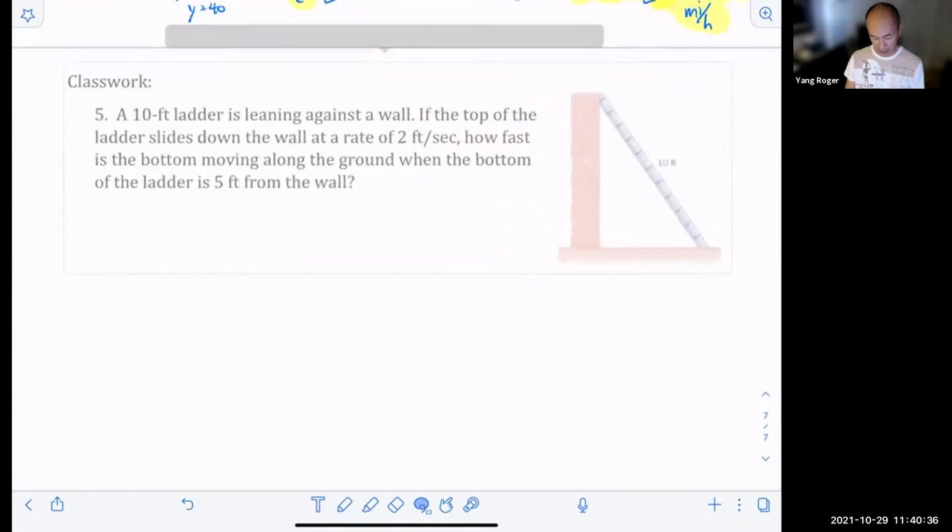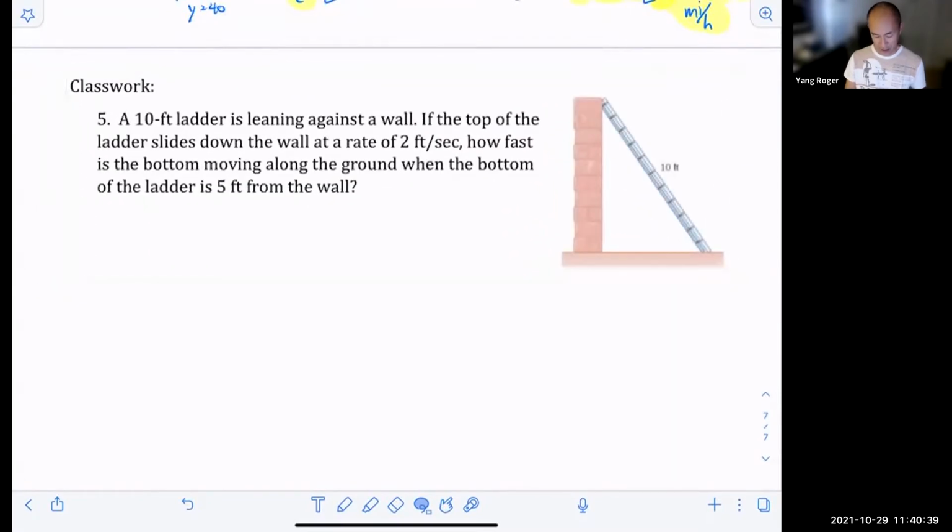I would like for you to set up the model first. Figure out what's constant, what's changing. Draw some pictures. And I'll help you set up the model before we do the calculus stuff. Let me give you 5 minutes to try to set up the model. If you feel confident in your model, you can keep going, but